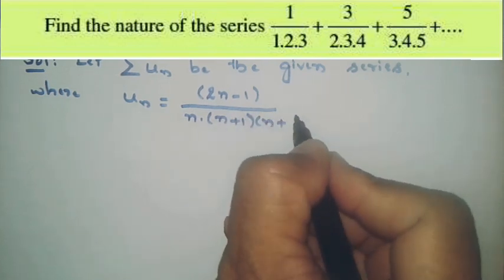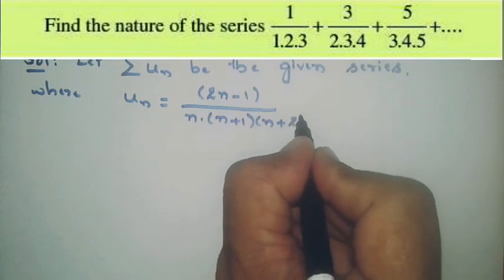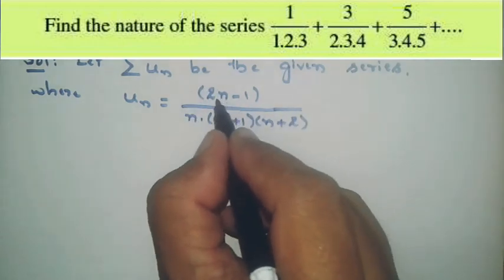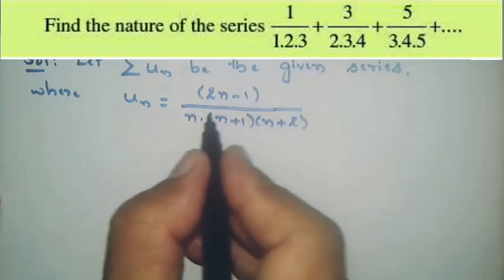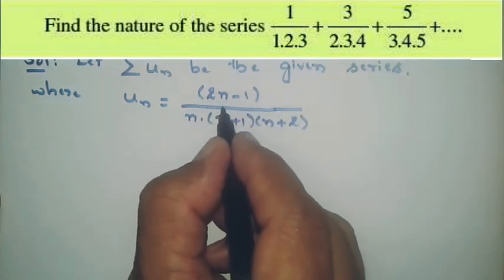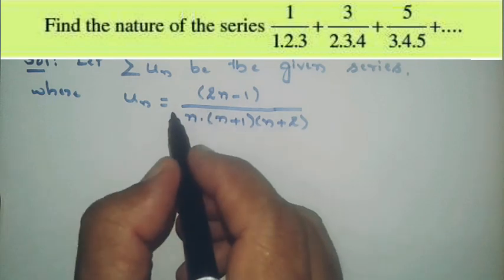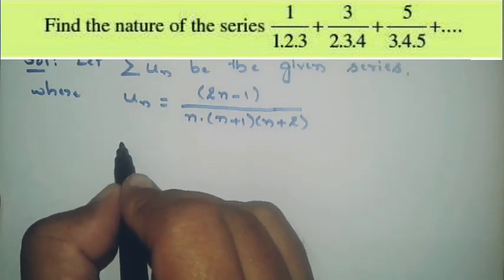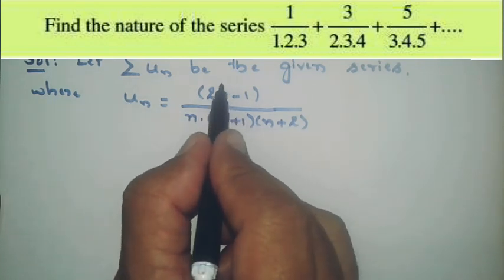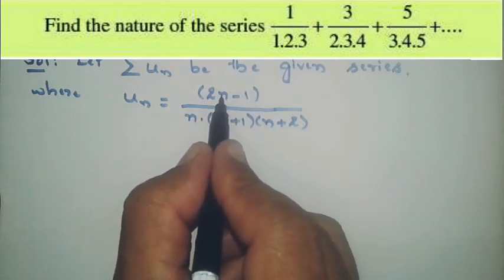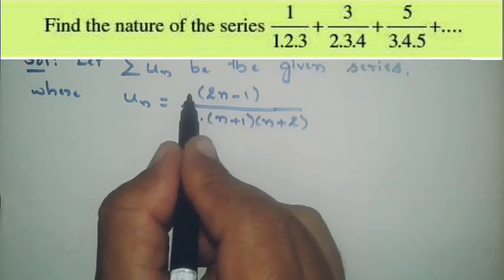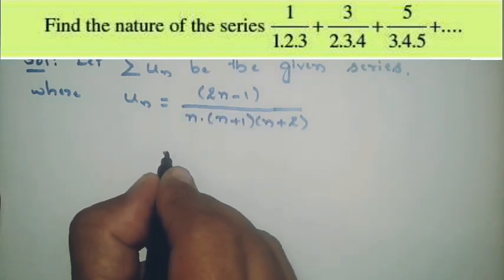So it is a very simple observation, one can very easily do it and write down the nth term of the series by looking at the given series. Now here we can adjust the terms. What is the principle? We have to find the limit of un divided by vn. Whenever we are asked to find the limit of such type of thing, we always move towards taking n outside the bracket. That will be our usual practice.